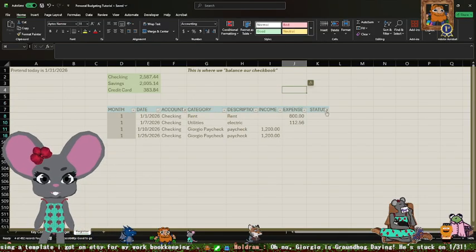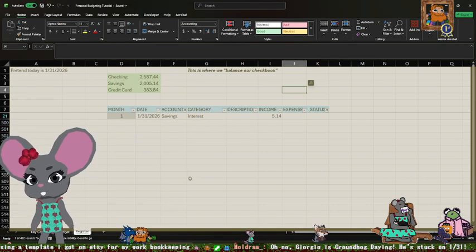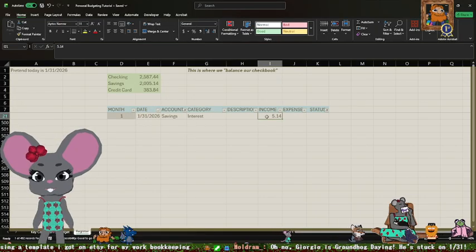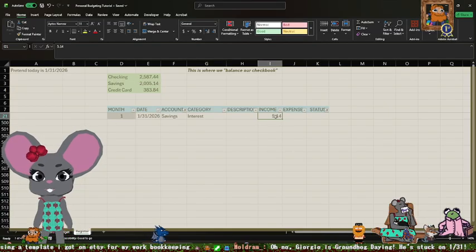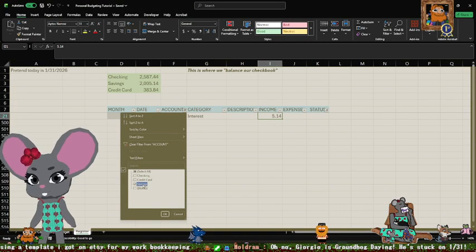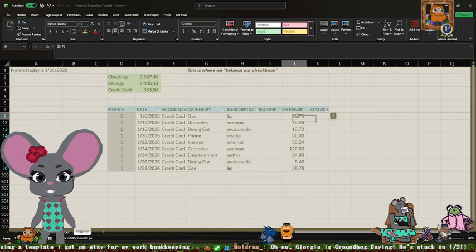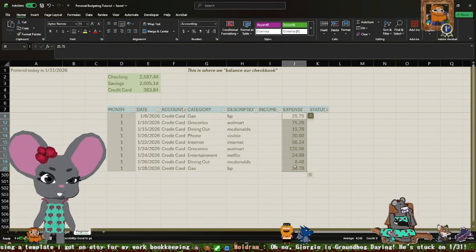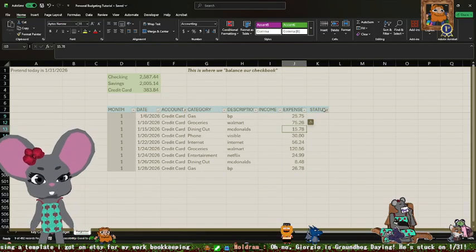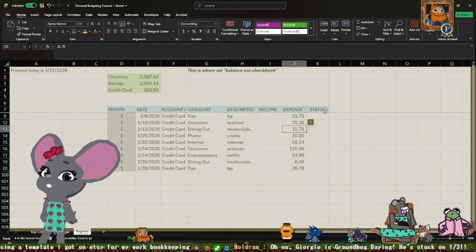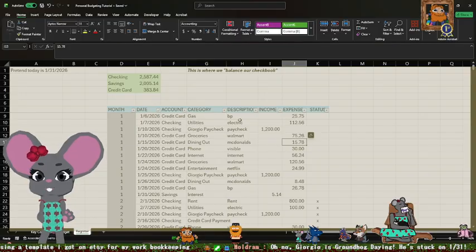Let's check the savings account, so we change our filter from checking to savings. All we did in savings was accrue interest. So 2,000 plus the 514 of interest, so that's working correctly. And the credit card should be just the sum total of transactions in January, which is correct, 383.84. Now, let's clear our filters here. So that is now done.